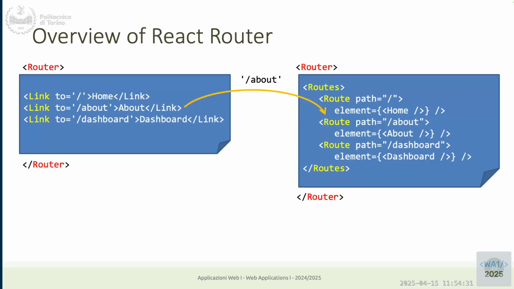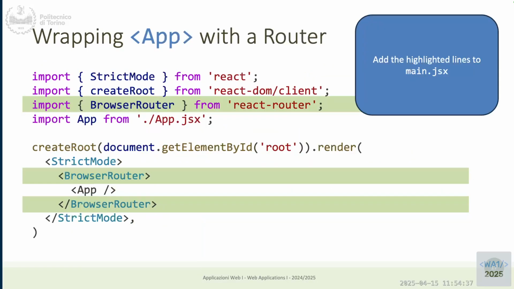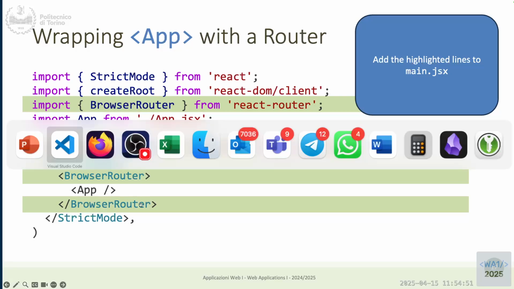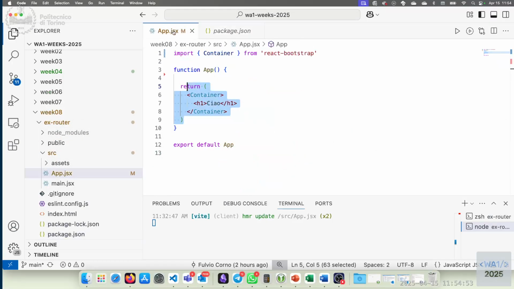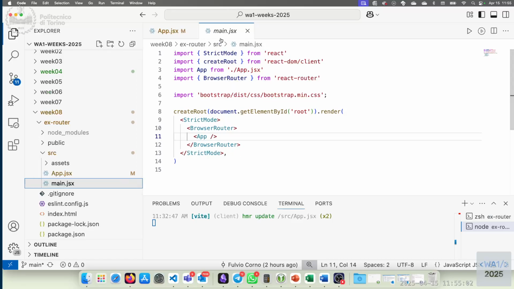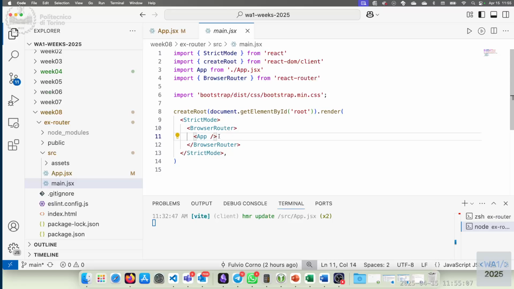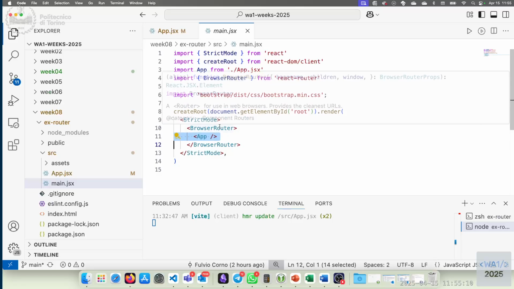So the first step would be, here. For enabling the routing in a whole application, the first thing to do is to wrap all the application into a browser router component, like I did here. I think I already did. No. So this is a normal application. We are in app. Sorry, I did it in main. It's the same. In the main.js, I wrapped the whole application that can contain whatever we want into a router